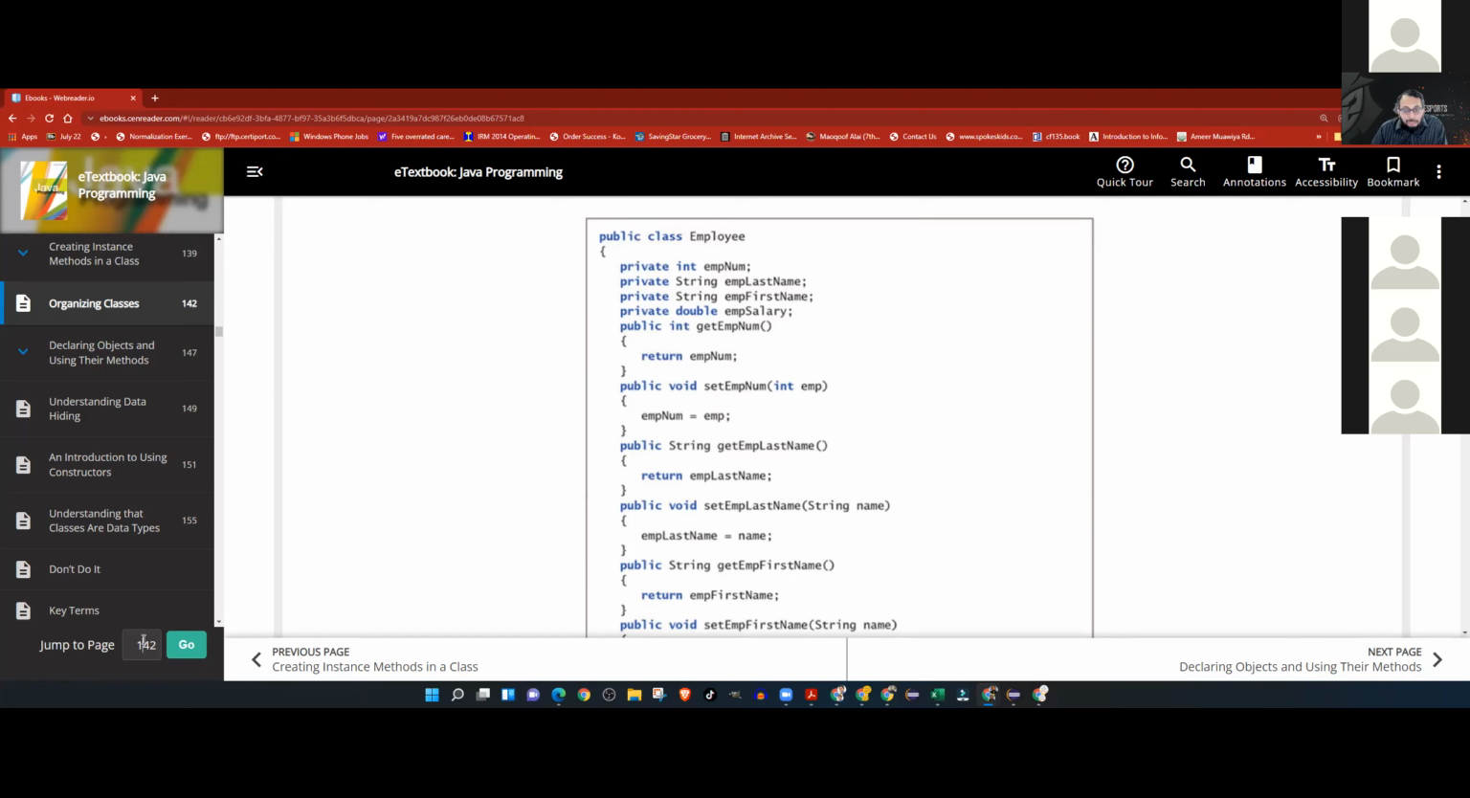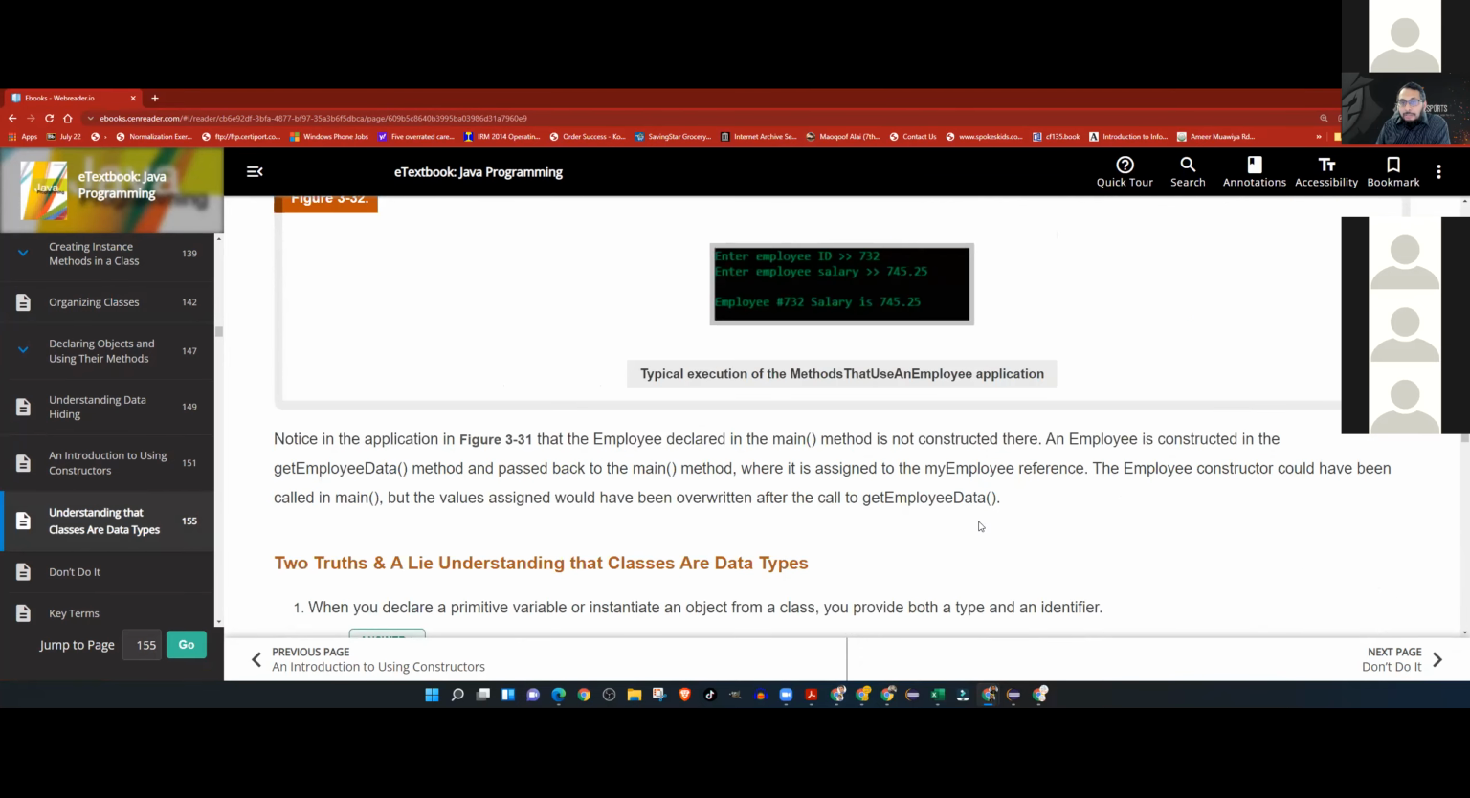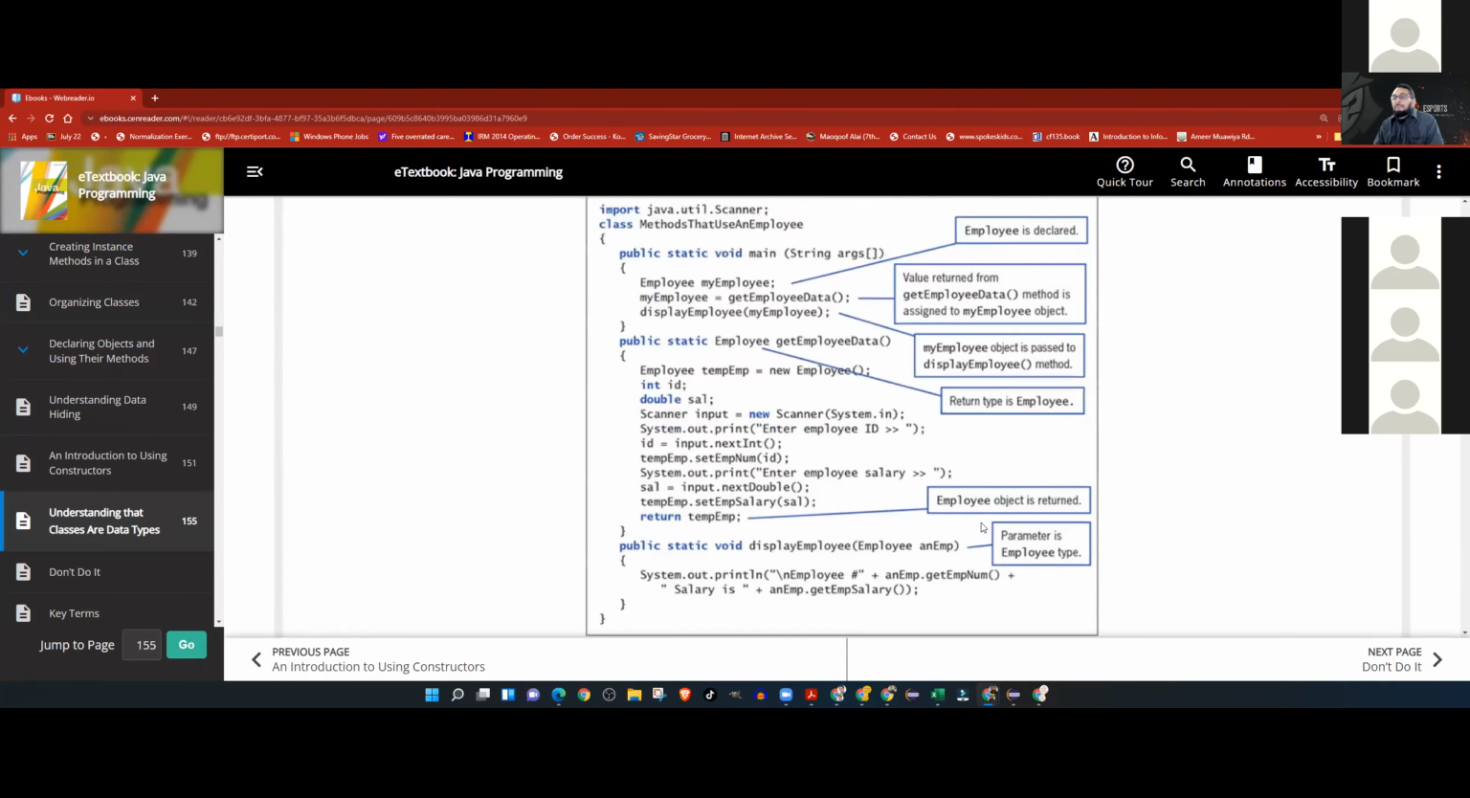Then turn to page 155. What's different about page 155, right at the top, is that she created another class. It is quite possible that you don't have to have the main in the same class. You can create another class with the main, and then you can call the instance of the first class outside. So she's creating an instance of employee, and then she's calling get employee